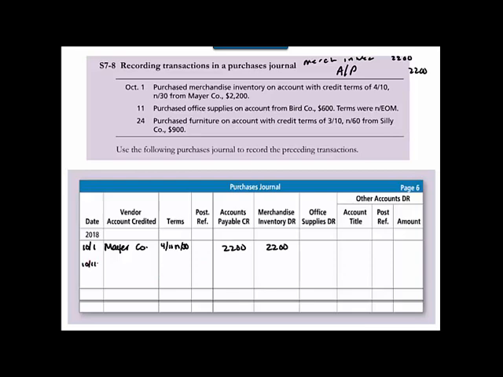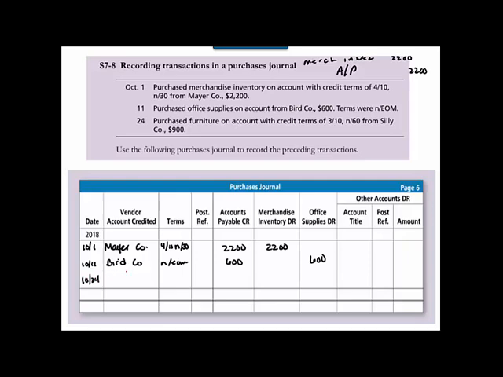On the 11th, I purchased office supplies from the Bird Company, terms net end of month. So the vendor is the Bird Company. The terms are net end of month. I am debiting office supplies and crediting accounts payable for that transaction, and that's all I have to do. And then on the 24th,